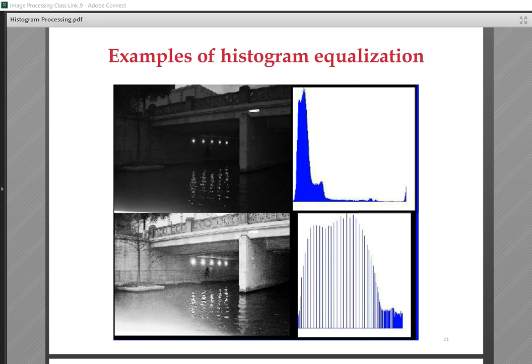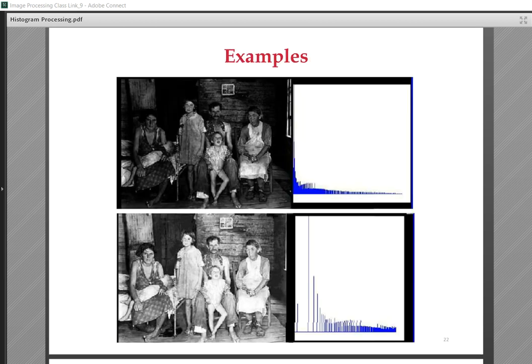Here you see a bridge, a black bridge, for example a picture in the night. You see the histogram located near 0 intensities. But this enhanced version is much better than this one. You see more brightness, and the histogram is flattened all over the range. Here you saw some very small intensities, but you see here